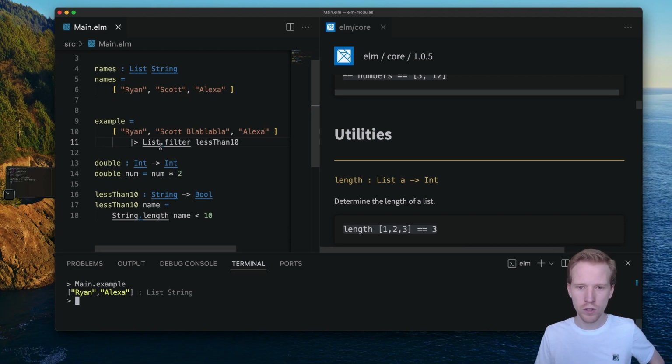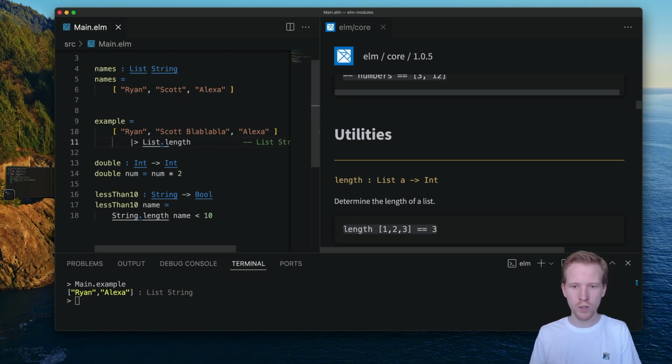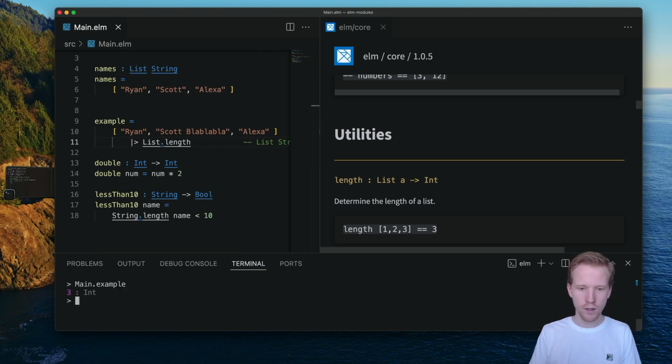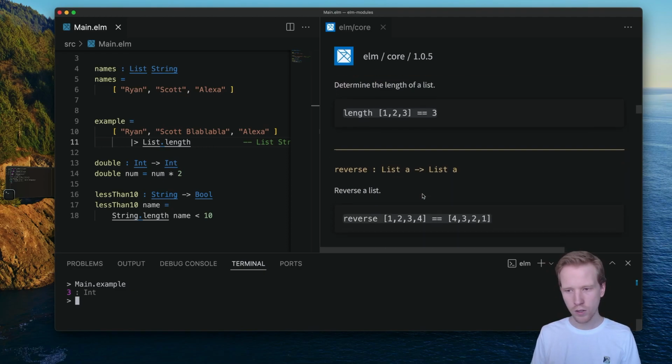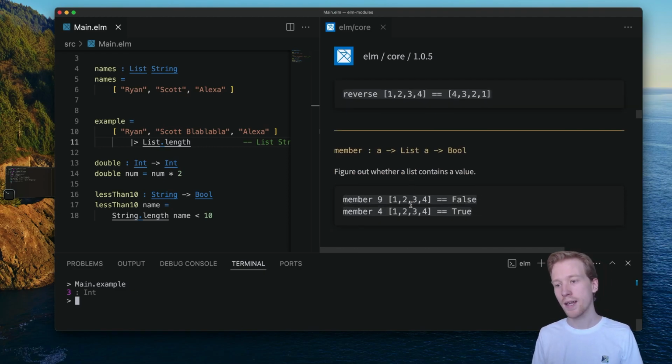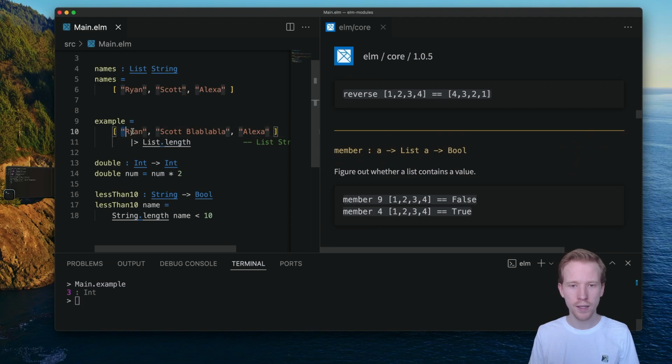The one thing I wanted to show you, list.length is a good one too. We could take a look at list.length. List.length is pretty straightforward. We've been using string.length a lot. So that's a good one. Let's take a look. Reverse a list, you can do list.reverse. List.member tells you if there's something in a list. So if we dive into this,